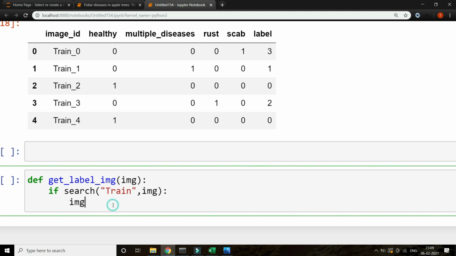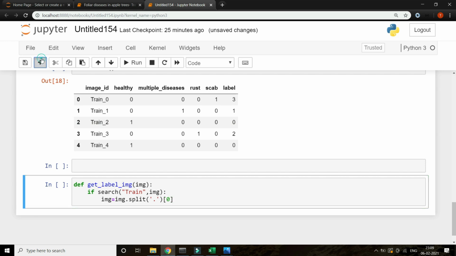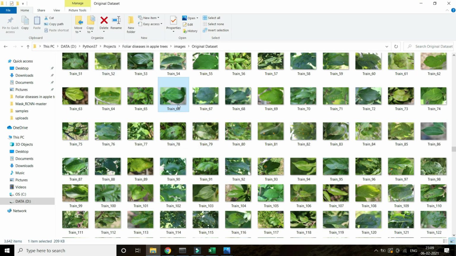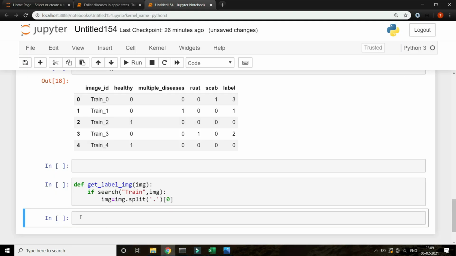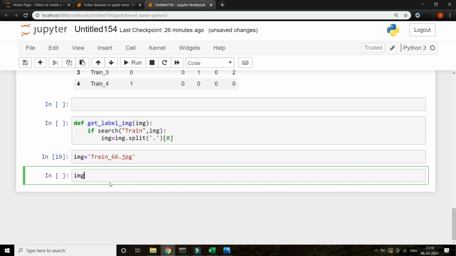If search train is true, then, on the basis of true or false, if it's train, what is it gonna do? It's gonna split on the basis of dot and select the first part. Let me explain this. Before we go forward, let's say this is our image: img equals train 66 dot jpg. Now if I do image dot split on the basis of this dot,